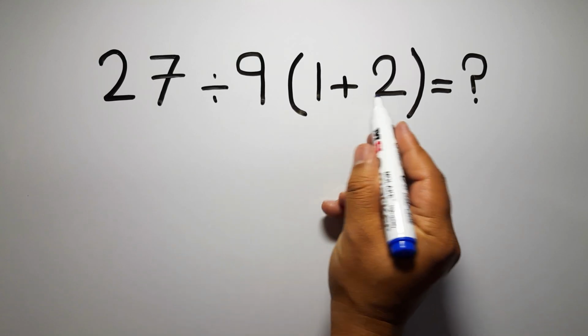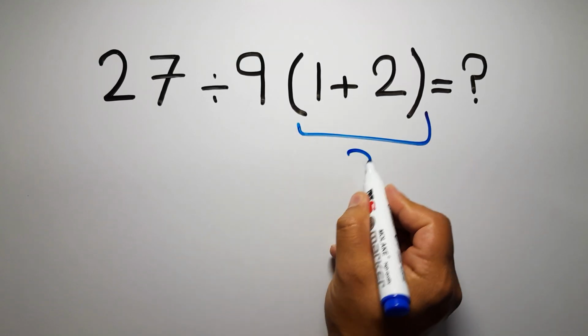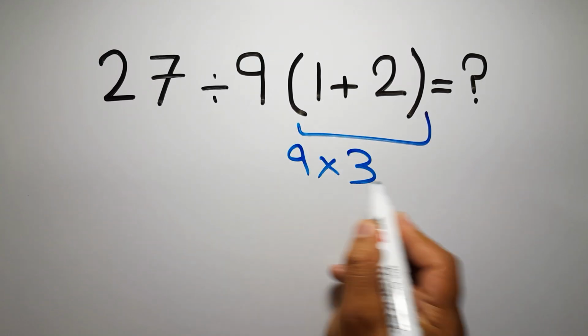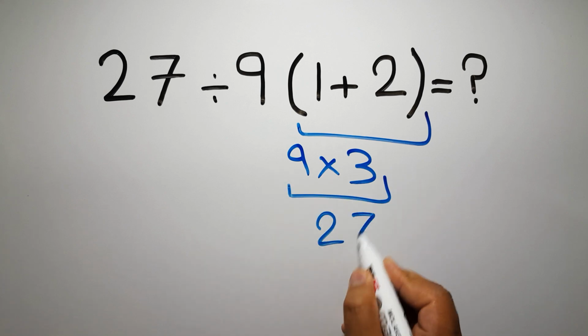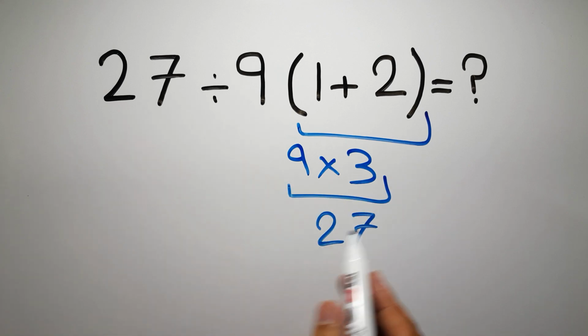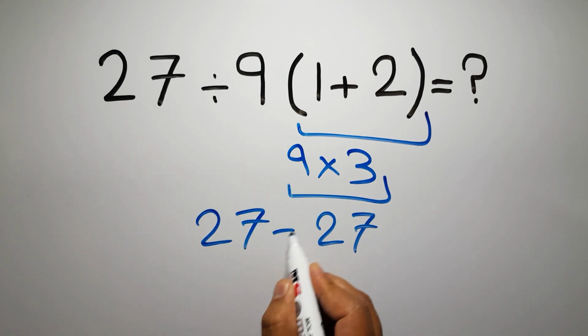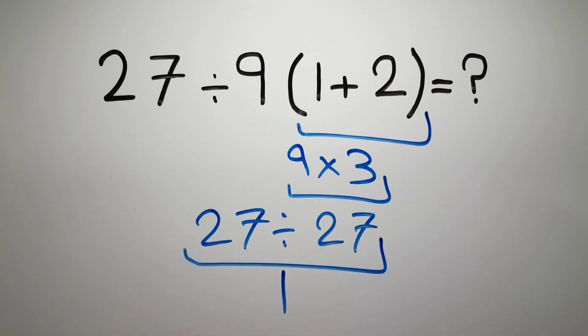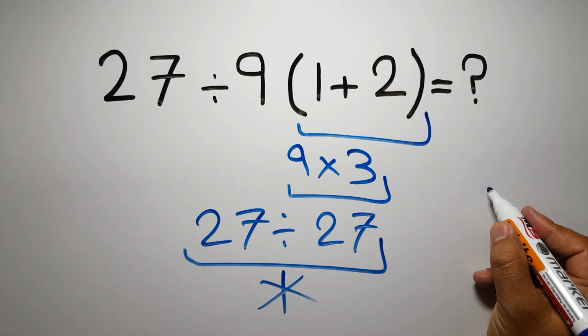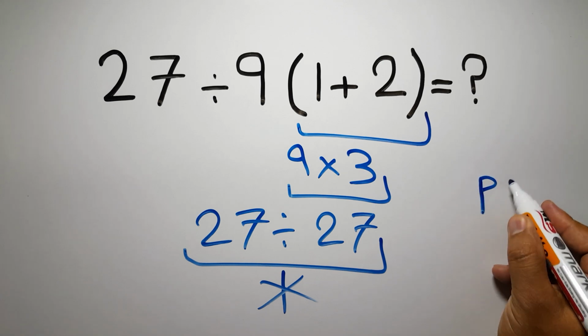Here we have 1 plus 2, which gives us 3. 9 times 3 gives us 27. So 27 divided by 27 gives us 1. But this answer is not correct, because according to the order of operations, first we have to do parentheses, then